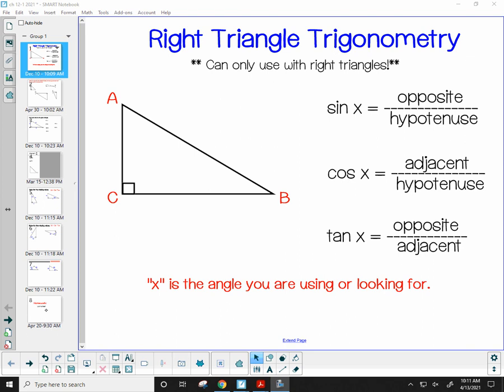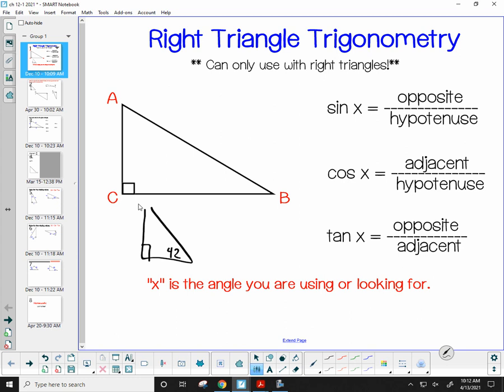They discovered that every right triangle that had, for instance, a 90-degree angle and a 42-degree angle, every triangle that had those two angle measurements followed a certain pattern. They figured out every right triangle that had a 37-degree angle followed a specific pattern. They found these patterns and started recording all this data. They started comparing specific sides together, saying that if I compare the opposite side to the hypotenuse, they would always be in the same